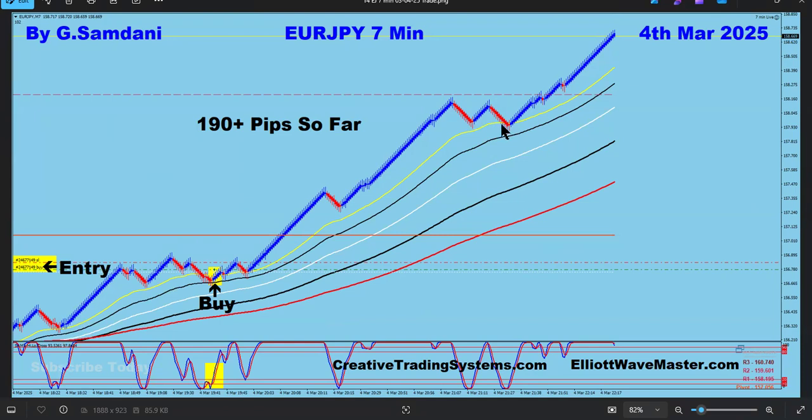This is not the entry. This is the entry. So you see that? How many pips? That was 220. This is 190 on Euro Yen. Similarly,